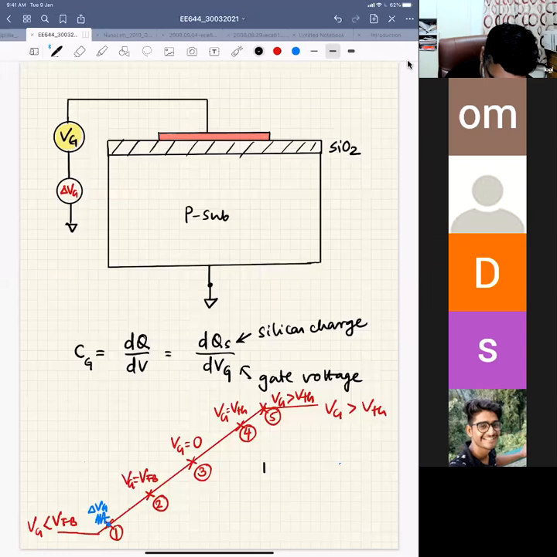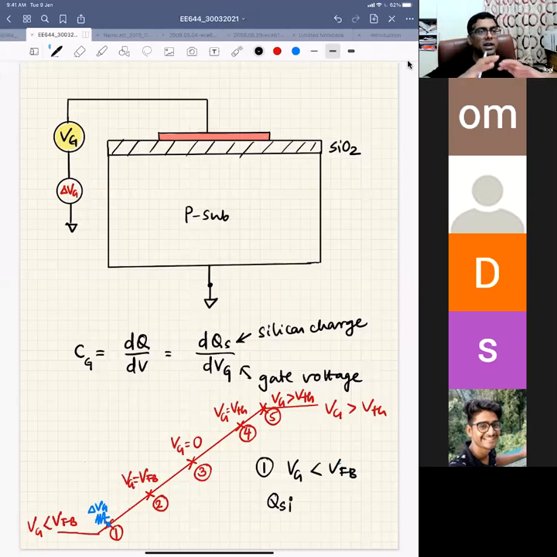Your Vg is less than flat band voltage, and you have some charge in the silicon at this gate voltage. This charge in the silicon is nothing but your accumulation charge, and that accumulation charge, in case of an NMOS transistor or this capacitor,